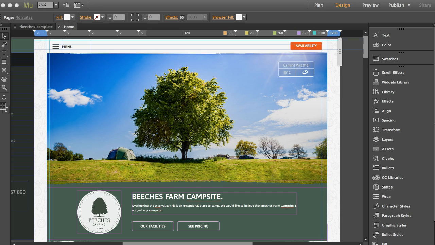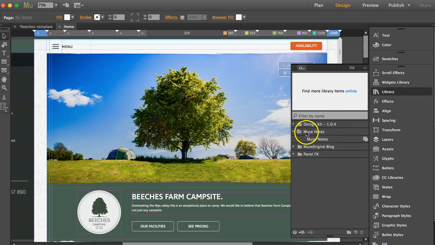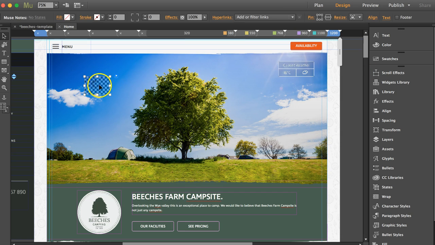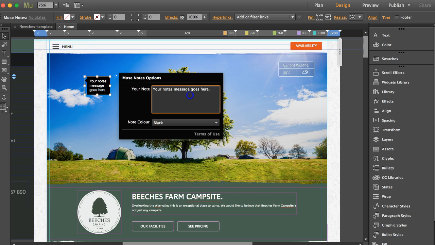So if you download from our website the Muse Notes widget, it's a mulib file that if you double click on it, it'll automatically install into your library panel like you see here, Muse Notes. And then inside here is one widget that we can drag and drop out to our design canvas. And by dragging and dropping it out, it will allow us to open up the settings panel and add some